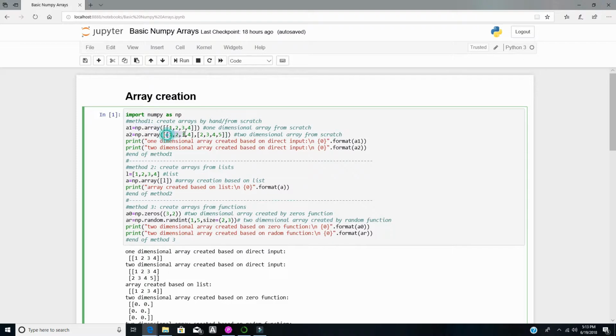Similarly, I am passing two lists separated by a comma, using one more brace around them and passing them to the np.array function, which makes it a two-dimensional array. This is one row, this is one row, so 2 rows, 4 columns. So this makes a two-dimensional array from scratch. I printed these arrays here,